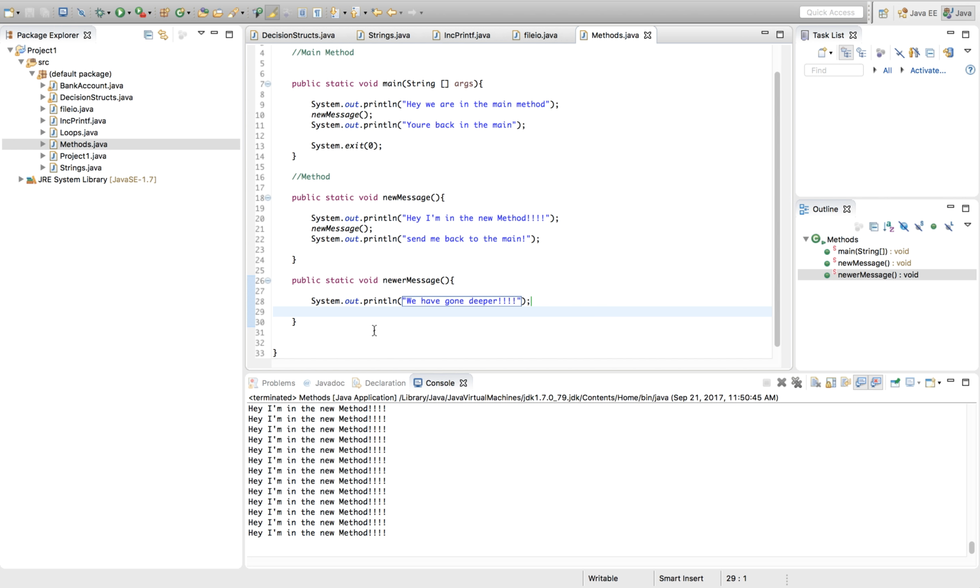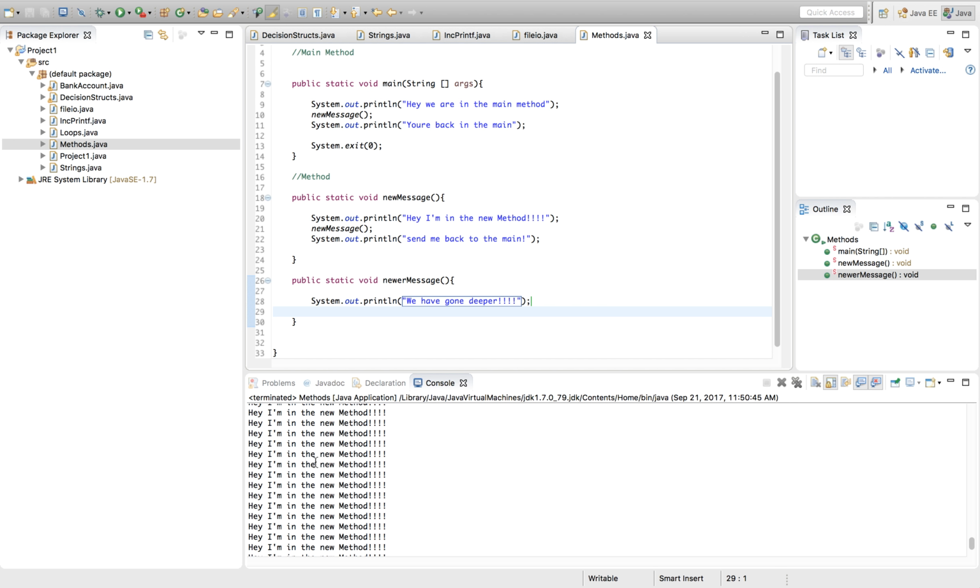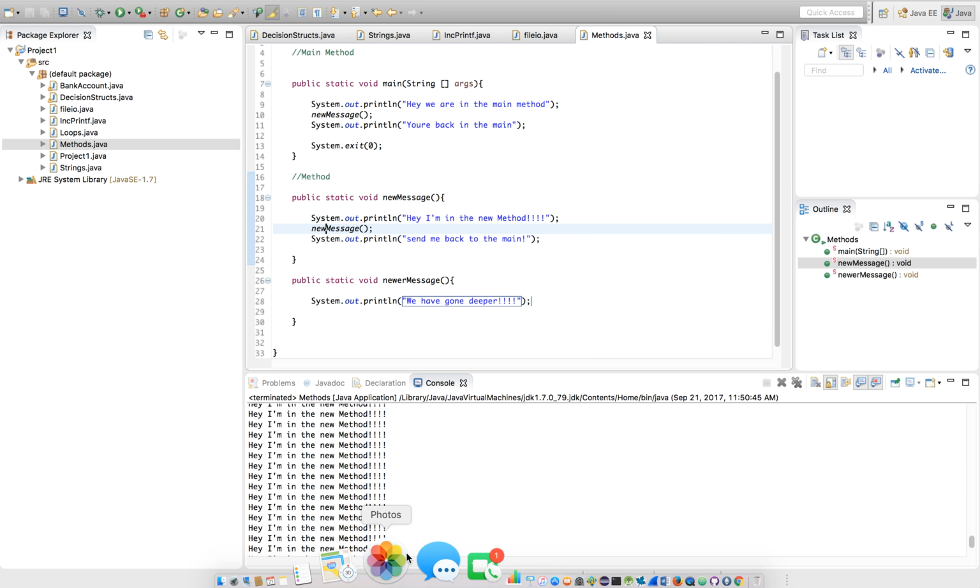Oh no, what did I do? Hey, I'm in the new method. Oh, I'm recursively calling it. So that's a free lesson on recursion. We've called the same method within the method. So we forgot to